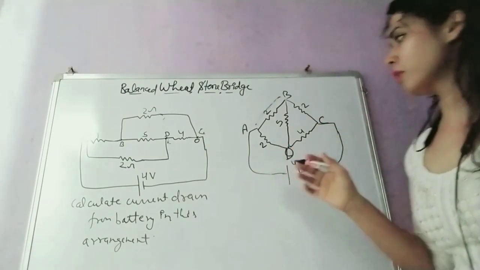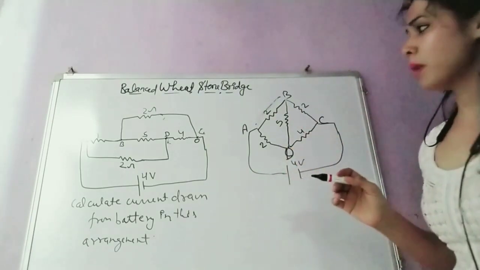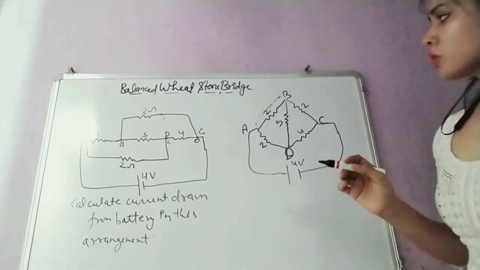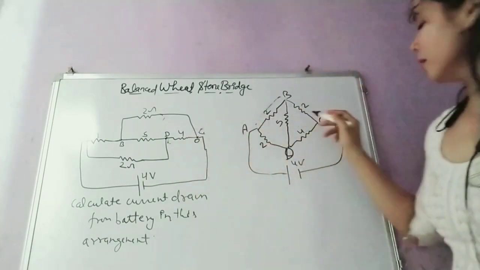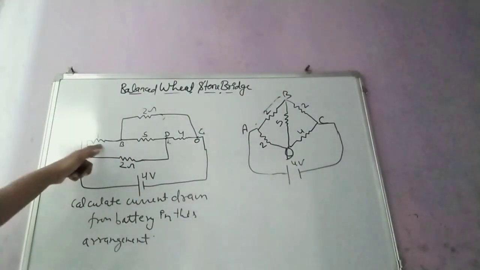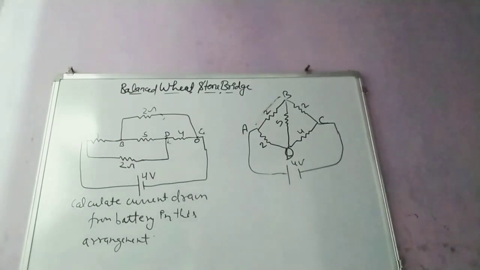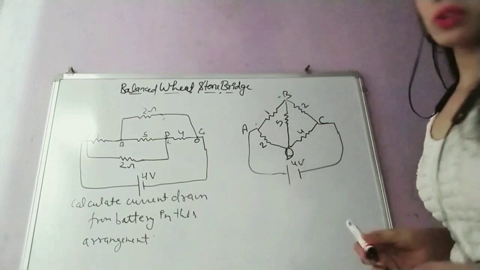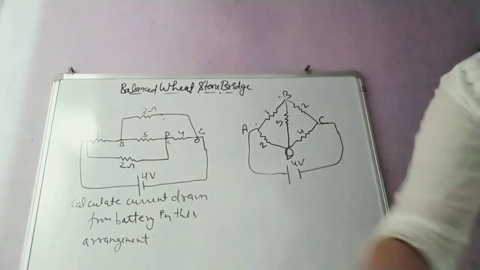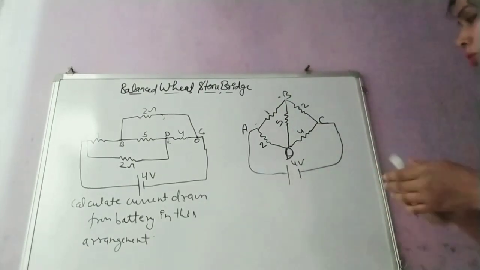First of all, we will find whether it is the condition of a balanced Wheatstone bridge. So we will write here: 2 ohm, 2 ohm, 4 ohm, and this one is how much? Let me see if the values are correct or not. 1 ohm, 5 ohm, 1 ohm, 2 ohm. A to B is 1 ohm. Sorry, this is 1 only. Now you can solve it on your own. I will also explain. Pause it and solve on your own. After that you see the video.